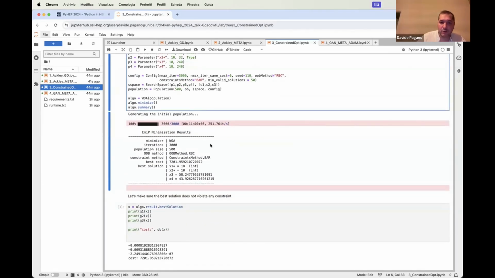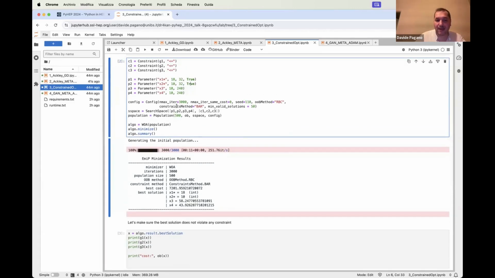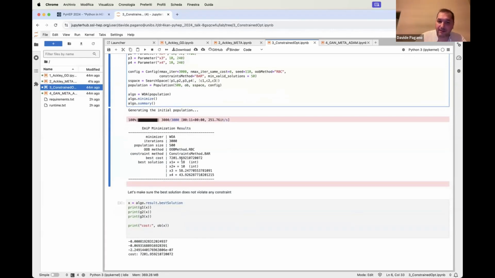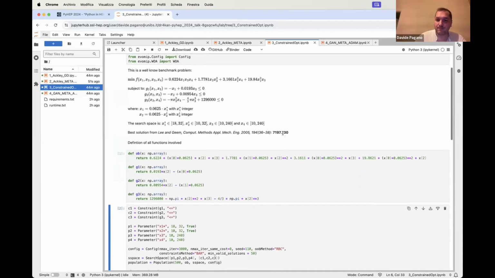And when you execute the code, because it takes a couple of minutes, you get this. You see the parameter is integer now, and it's specified here. And we get a value in just 2 minutes, which is very close to this one.